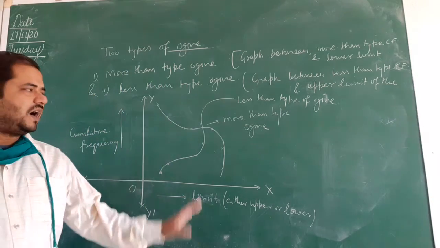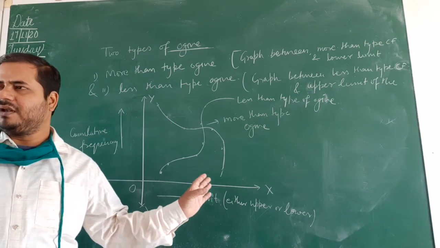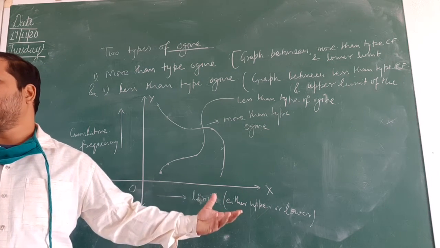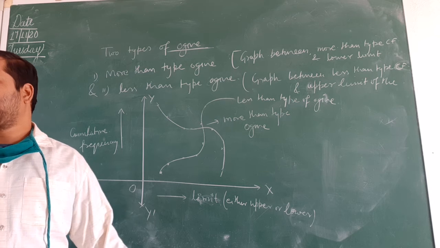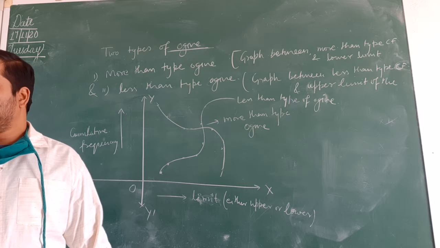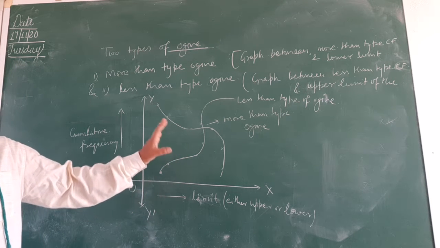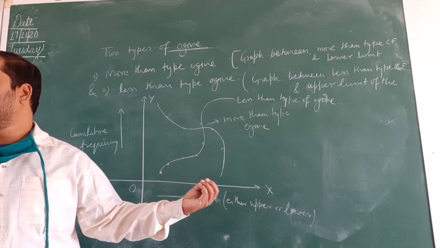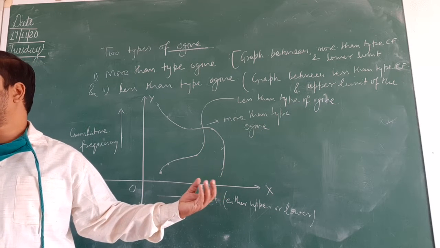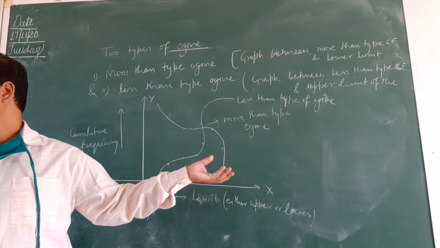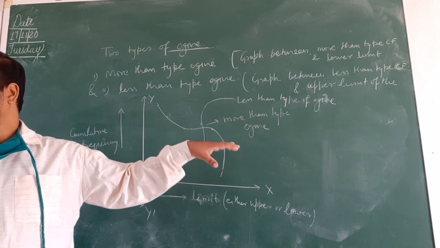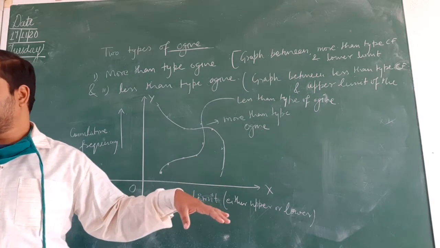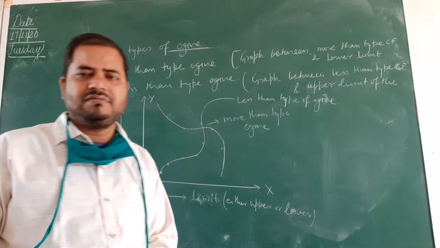Clear? Afterwards, we take an example of more than type and less than type and then draw. So it is clear, okay? Understood? So note it down. This is the blueprint, just how to draw. What is the ogive, how does it look, what can it be, okay? हमने सिर्फ ब्लूप्रिंट दिया है आपको, कोई क्वेश्चन नहीं सॉल्व करना है, एग्जैक्ट डाटा दे रहे हैं आपको, ठीक है? So please note it down.